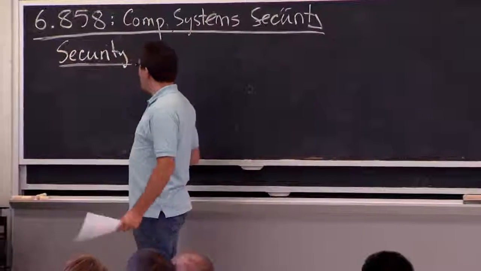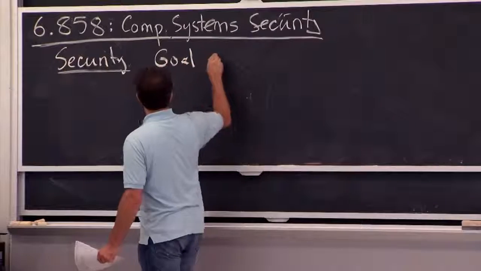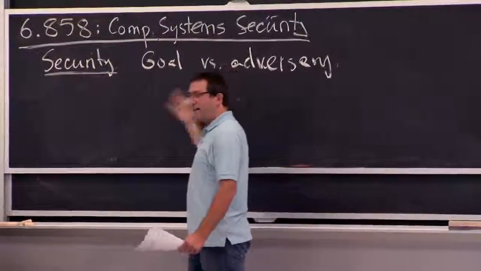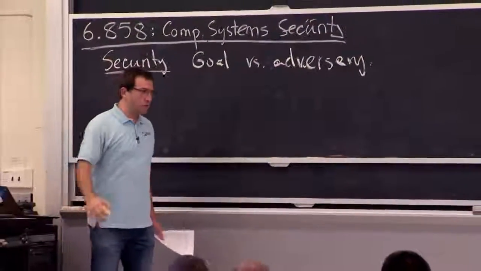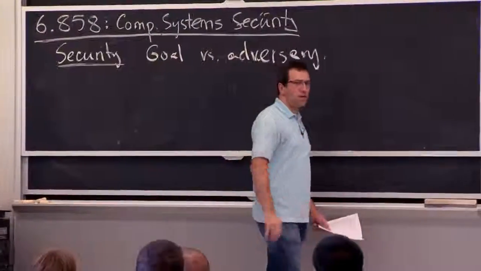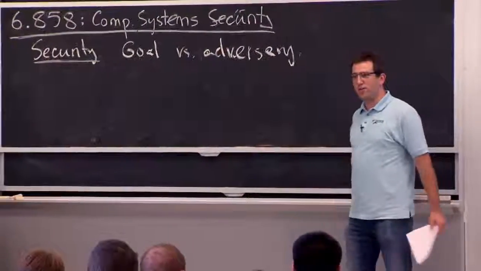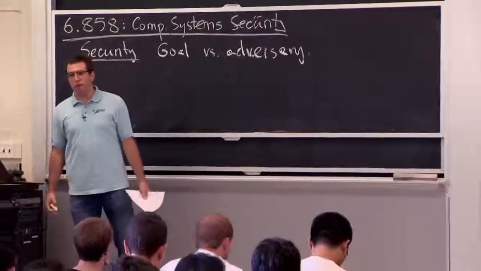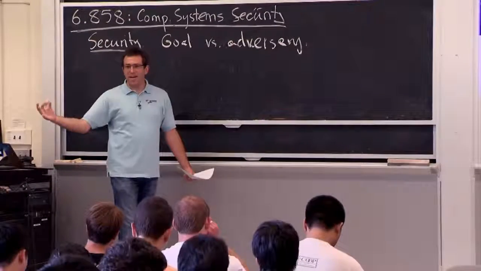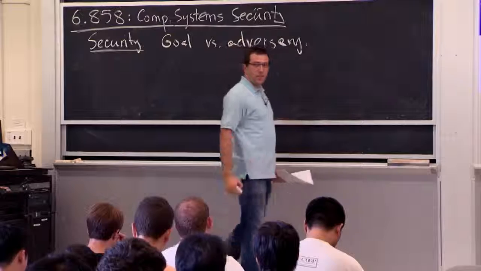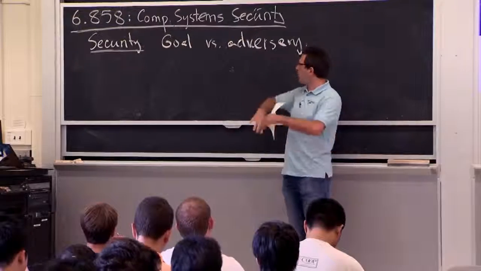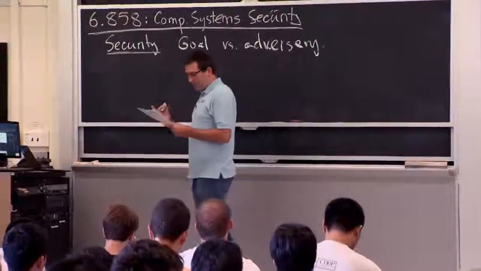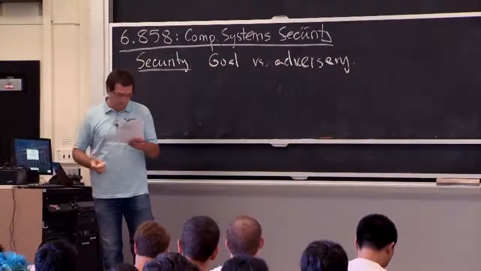Security in general is all about achieving some goal when there's an adversary present. So think of it as there's some bad guy out there that wants to make sure you don't succeed. Like they want to steal your files, they want to delete your entire hard drive contents, they want to make sure nothing works and your phone doesn't connect, all these things, right? And a secure system is one that can actually do something regardless of what the bad guy is trying to do to you. So it's kind of cool that we can actually potentially build systems that are resilient to a whole range of bad guys, adversaries, attackers, whatever you want to call them. And we can still build computer systems that allow us to get our work done.